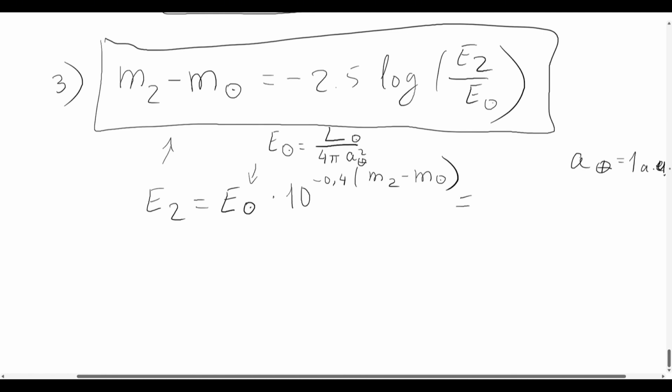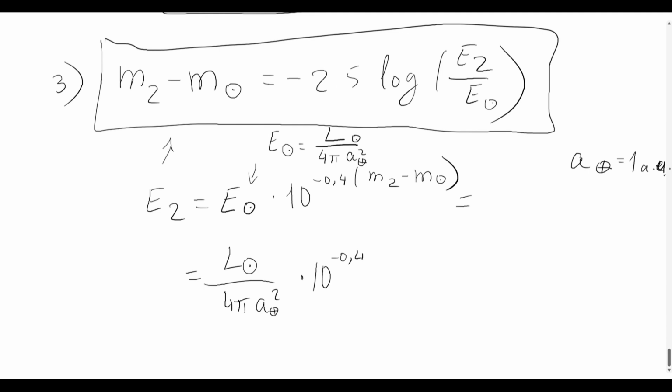Okay, let's rewrite it this way. I want to write it like this here, and then we would use the numbers. So L of the sun over 4 pi A of the Earth squared, times 10 to the power of negative 0.4 times (M2 minus M of the sun). Okay. So M2